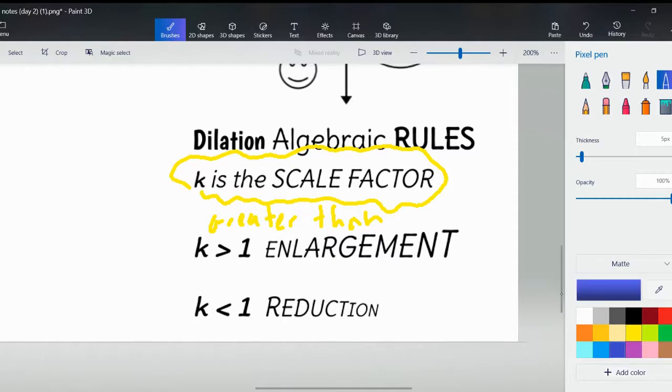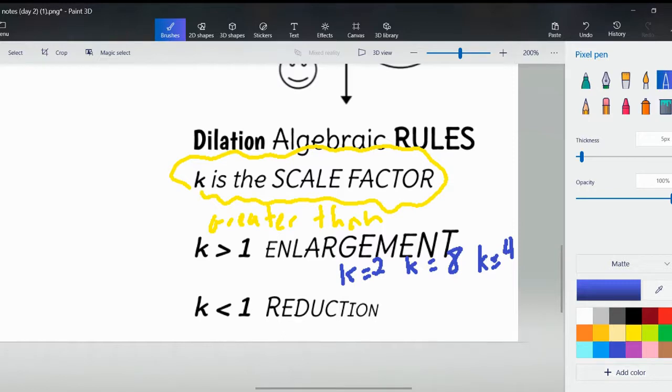So for example, if K equals 2, K equals 8, or if K equals 4, anything larger than 1 is going to be an enlargement, even like 1.1 or a billion or 3 halves